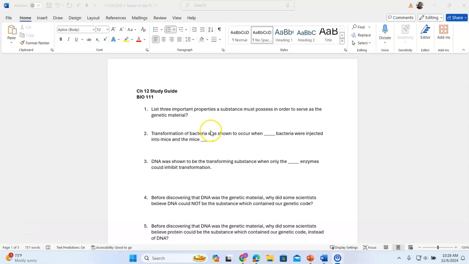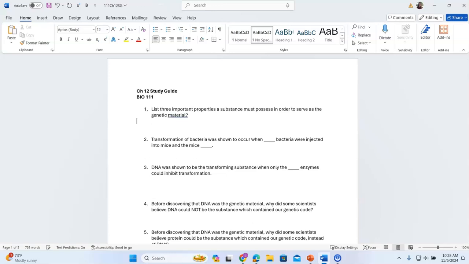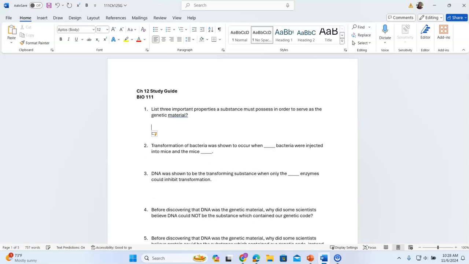Okay, for the study guide, let's go through the questions that were covered in the recording of slides 1 through 16 for chapter 12. Question number 1 says list 3 important properties a substance must possess in order to serve as the genetic material. So one of those was that it has to be able to store code or